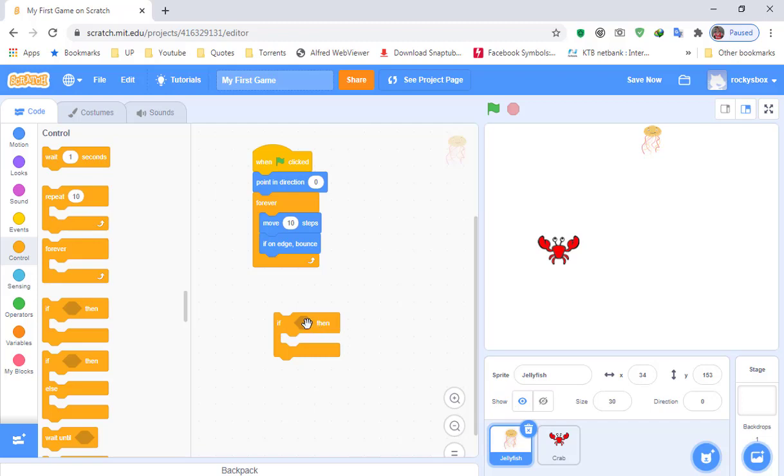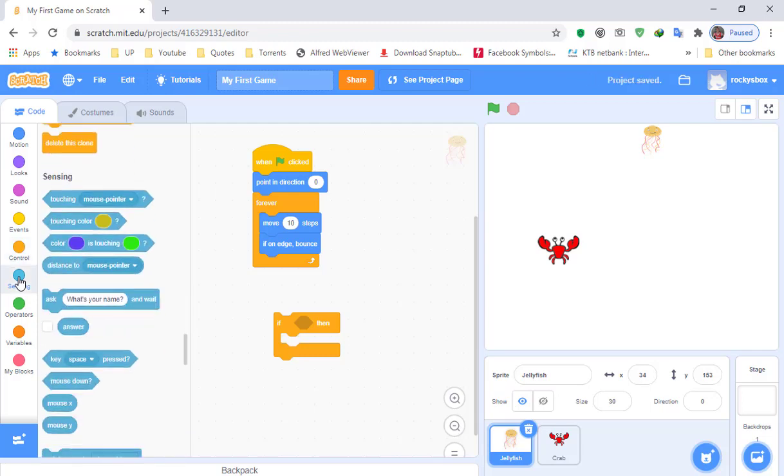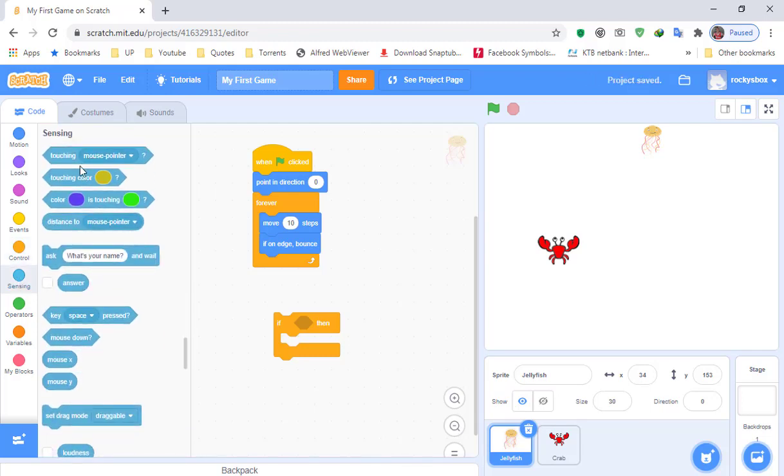So inside here we need to put a sensing. So the sensing block is the light blue circle right here. So click this one and you will see touching. So if you drag this one and put it right here,